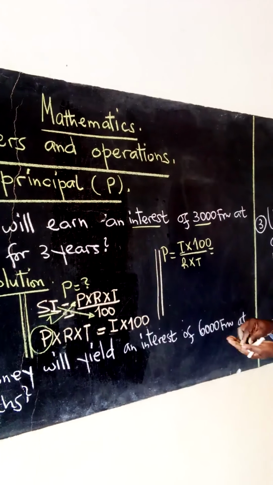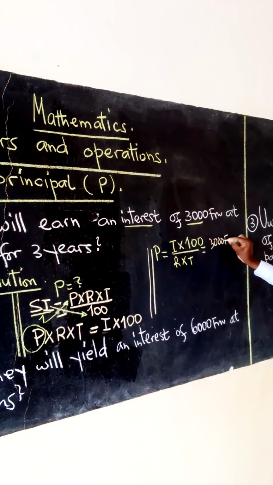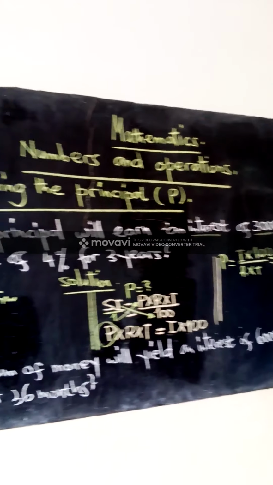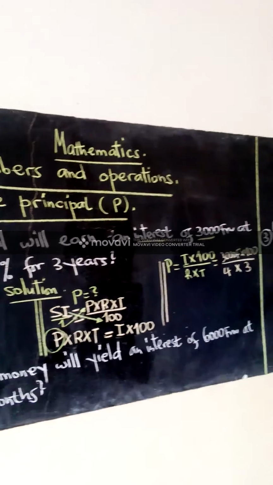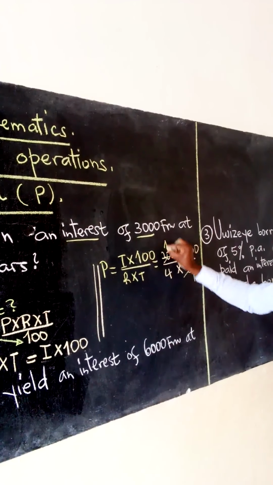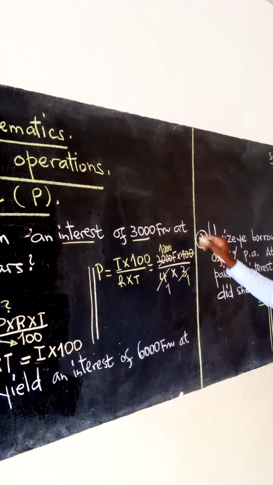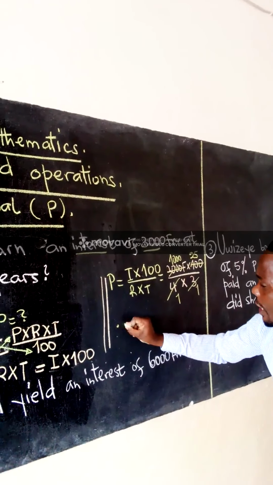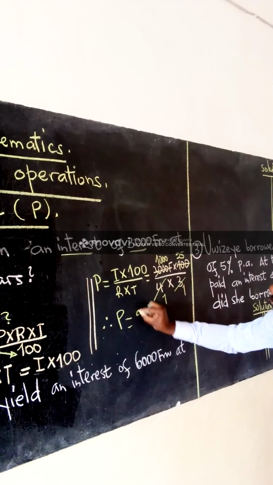Then you enjoy life. Doing substitution, we shall have 3,100 francs, by the way, times 100 over rate is 4, time is 3. I simplify. Look, I can simplify by 3, 1. By 3, here remains 1,000. By 4, 1. By 4, 25. Yes, please. When we multiply, we shall have, therefore, the principal equals 25,200